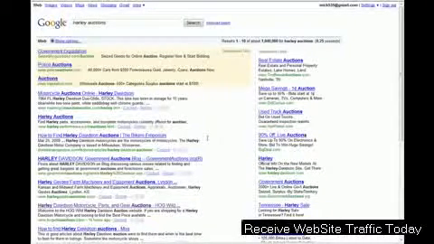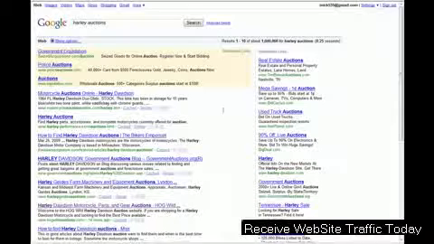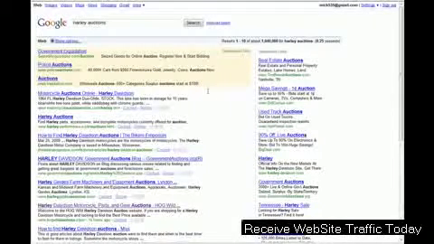Now, it remains to be seen how much farther I'll move up just because of this one plugin. Have I seen an increase in traffic? Like I said, not really yet, but it's only been a couple days. I would suspect that using a plugin like this, that's going to take